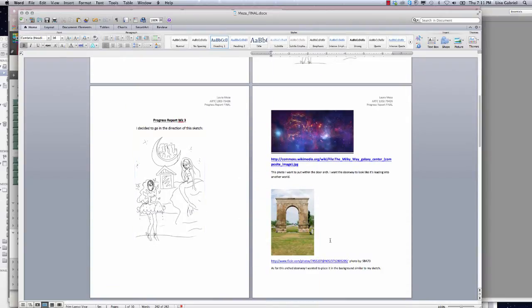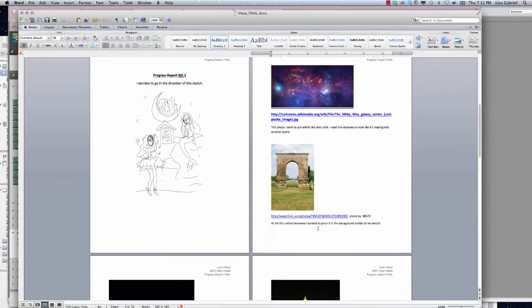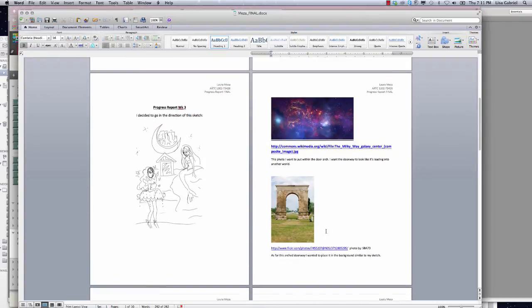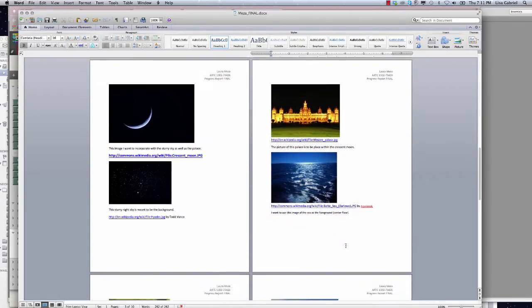And then this is the second report where you had to submit all your images and all your image links and an explanation. So this is basically your bibliography, all the images you used in the piece